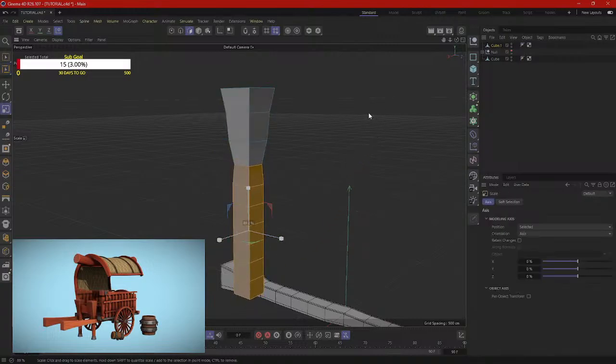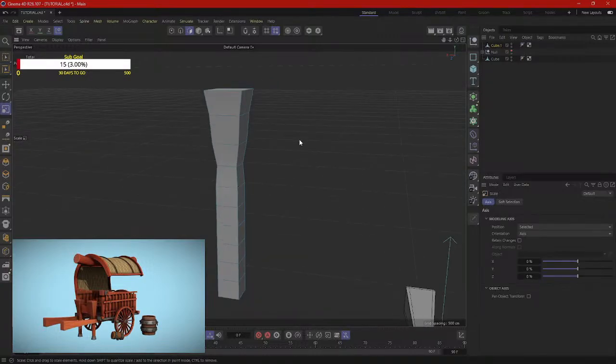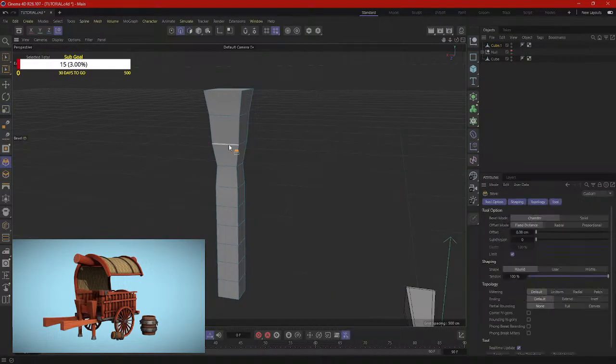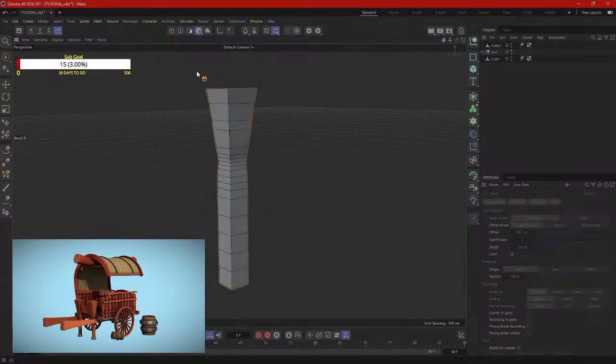And we can simply give them a bevel, guys. Bevel, select bevel, select bevel, select bevel, give this a little bit of segments, select bevel. Okay, object,